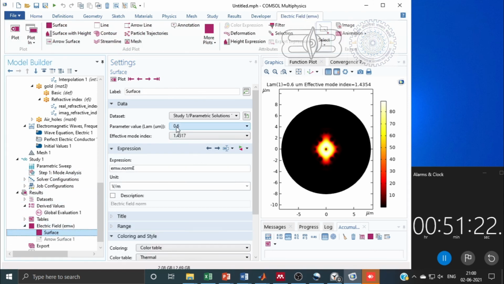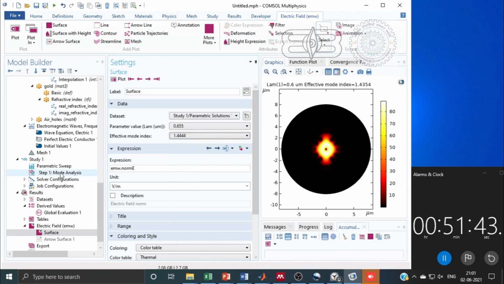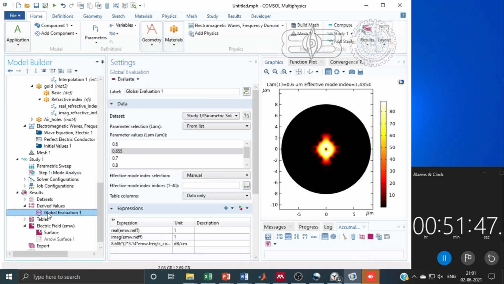If we have to add manually, then we have to find at which number that mode is present. So 1.4487 is at number 2, and the Y polarized fundamental mode is at number 13. So 2 and 13 I have noted down. So 2 is the X polarized fundamental mode and 13 is the Y polarized fundamental mode.